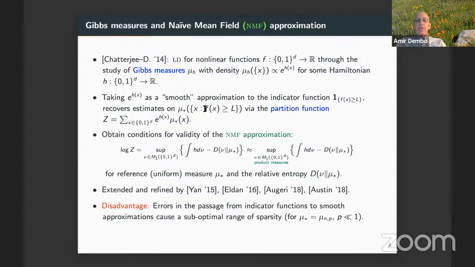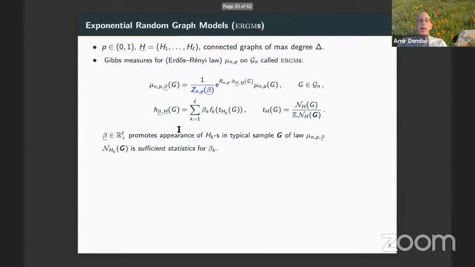And because of this transformation to smooth approximation, you will not be able to achieve the optimal smoothness, and you will be stuck with less critical smoothness. These Gibbs measures, however, bring me to the second motivation to this study, which is a collection of things called